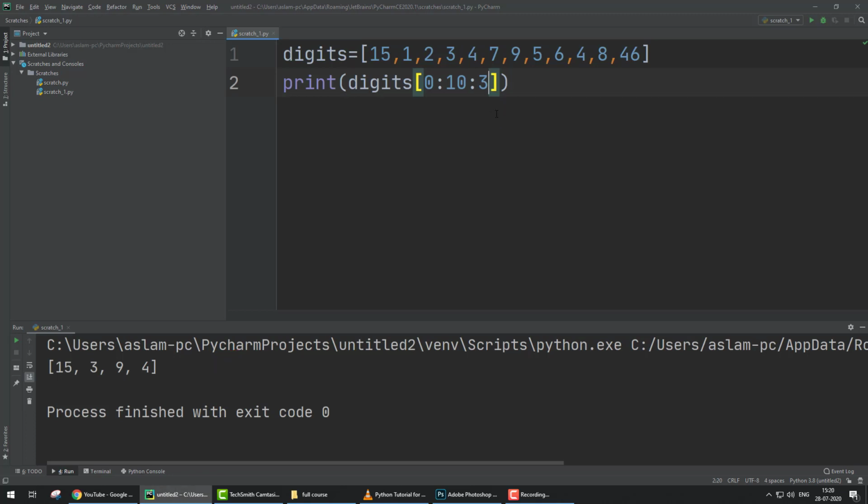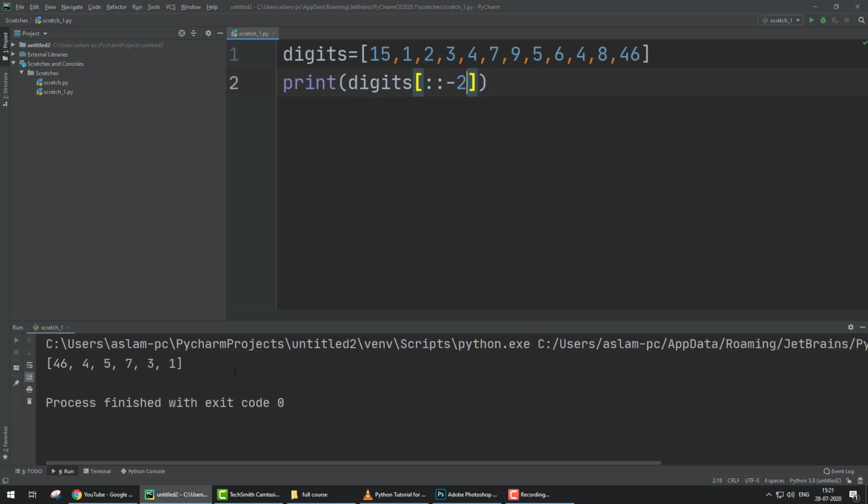Now what happens if we provide 2 colon and the value minus 2? Think, you have 3 seconds: 3, 2, 1, run and check. Minus 2 means after minus 2 it considers all.